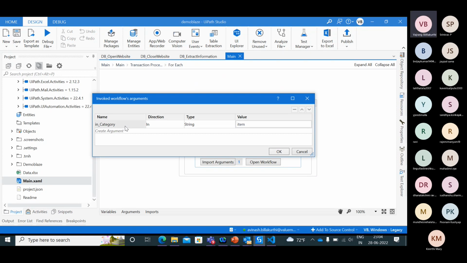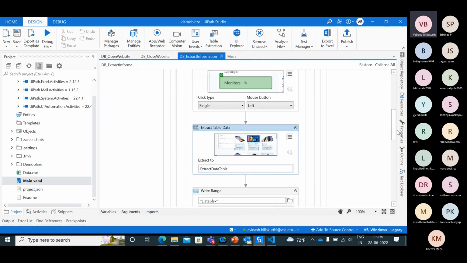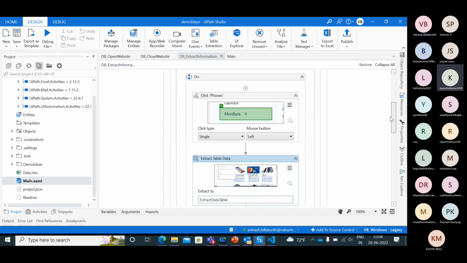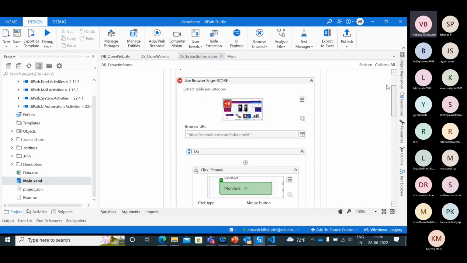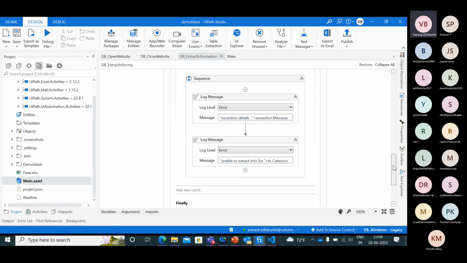The category that I mentioned is either phones, laptops, or screens. Now here you go. How many times am I writing this code? Is it multiple times or only once? Only once. Exactly. Whenever there is a requirement, I just need to send in the details.